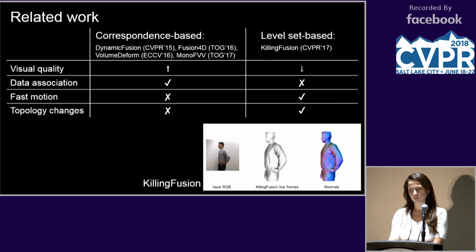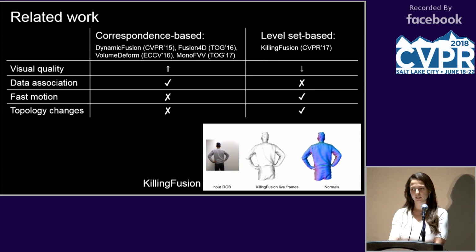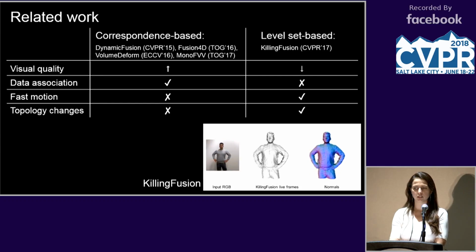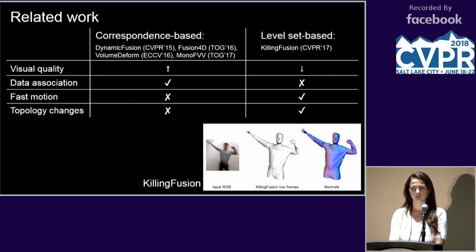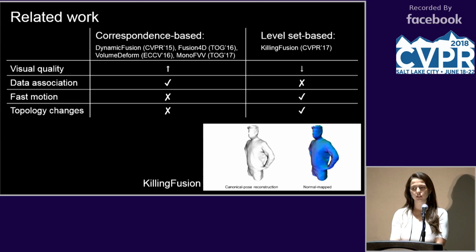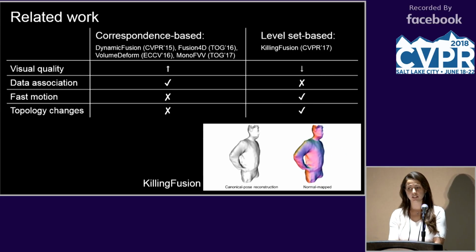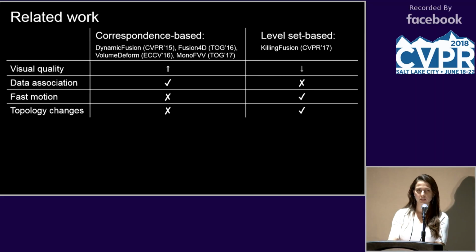Conversely, our previous work, KillingFusion, warps signed distance fields using the variational level set method, which handles changing topology and large motion, but loses data association. Moreover, its combination of regularizers may lead to oversmoothing. As we believe that this strategy is better suited to capturing arbitrary geometry, we aim to improve geometric detail and